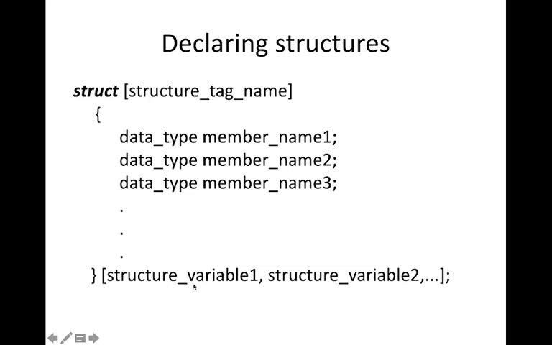So we can have structure variables. These are actually structure variables, which means these variables are of type struct. Like if you declare int a and b, they are of integer type, and if you declare s1 and s2 here, it means s1 and s2 are of this structure type. Variables can be declared like this. You will see different types of declaration, then you will understand this. It will end with a semicolon.